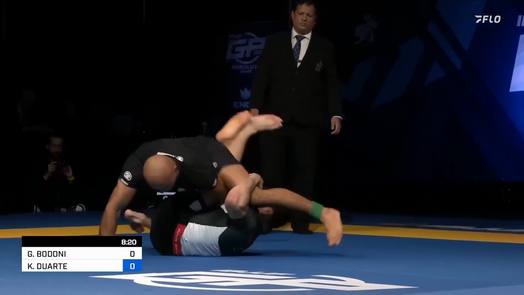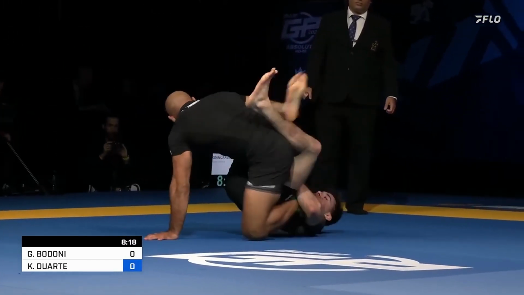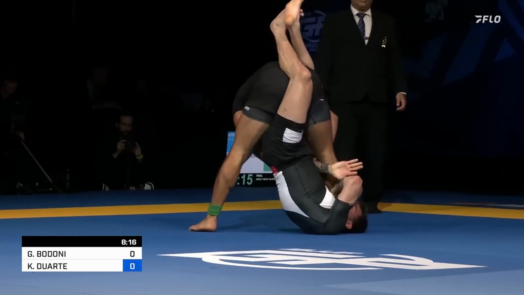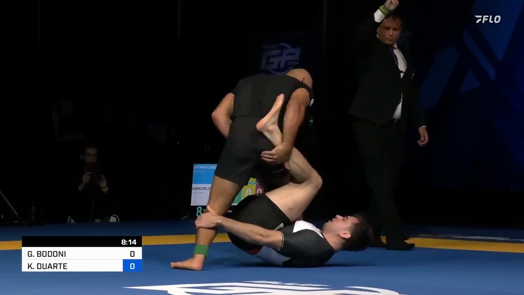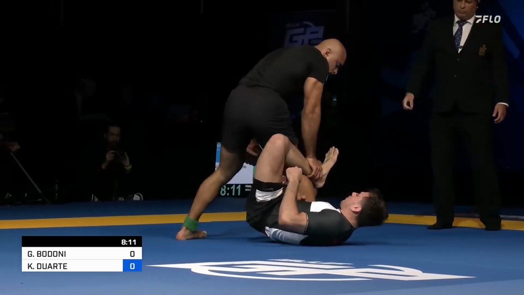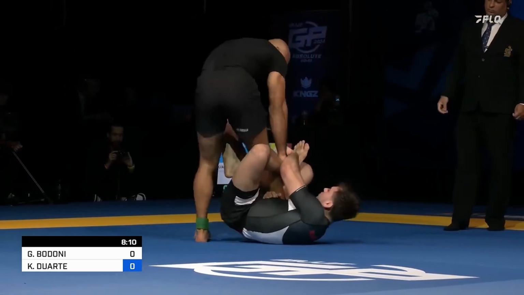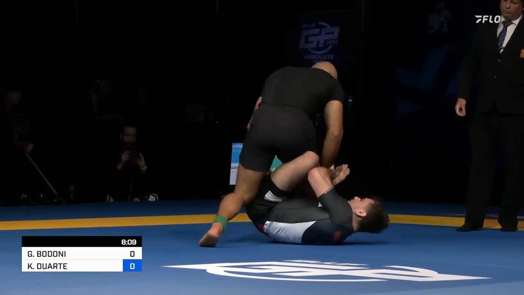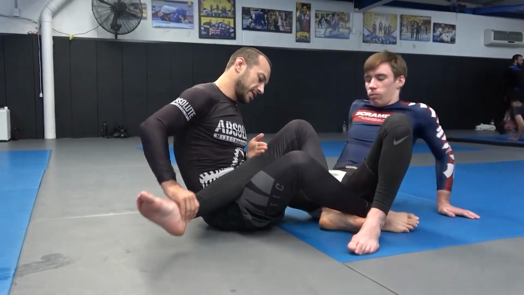You're going to notice that Giancarlo wants to capture Kainan's knee line. What does that mean? He literally wants his feet above Kainan's knee. Look what Kaynan does. Kaynan wants his feet below his knee. You see how Kainan's trying to push Giancarlo's feet below his knee? He's trying to free his knee line. Right here, and Jeremy frees his knee.